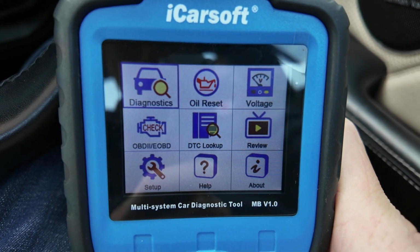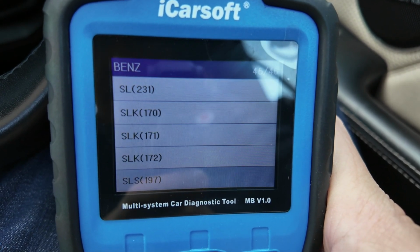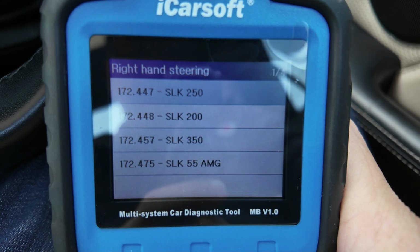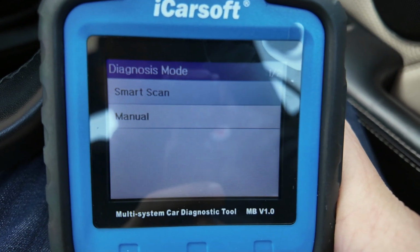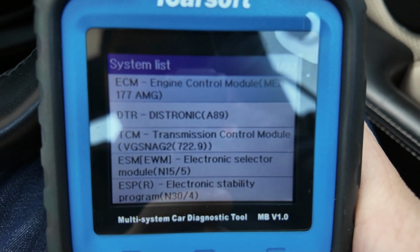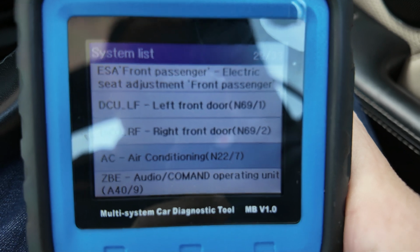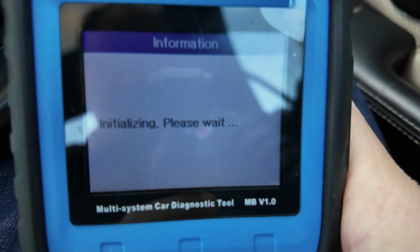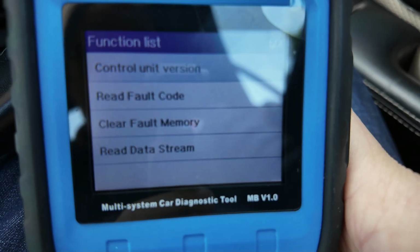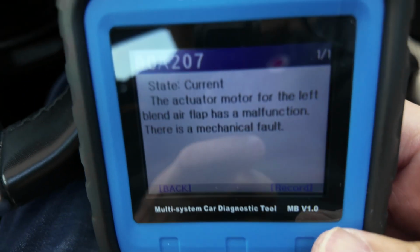Okay, so diagnostics all in. Let's go through the menus, see if we can find what's going on. SLK 172, gasoline, right hand drive, 55 AMG. I'll do a manual scan because it's quicker. Right, let's find the climate air conditioning module, which I believe is down here somewhere. There you go. Right, let's see what it comes up with. Read fault code. There you go. Fault code